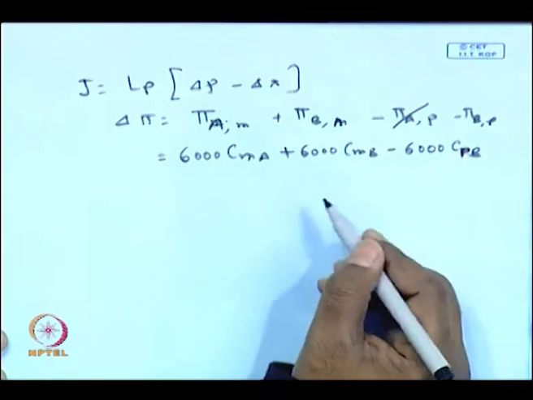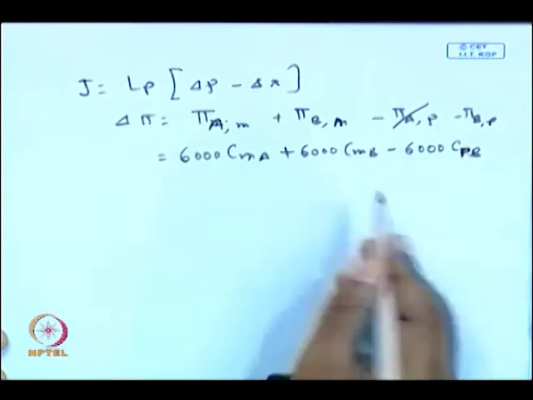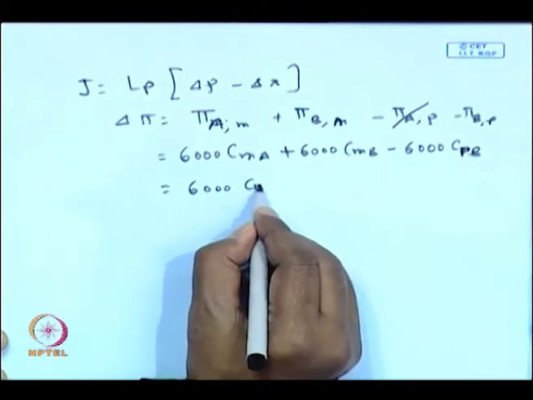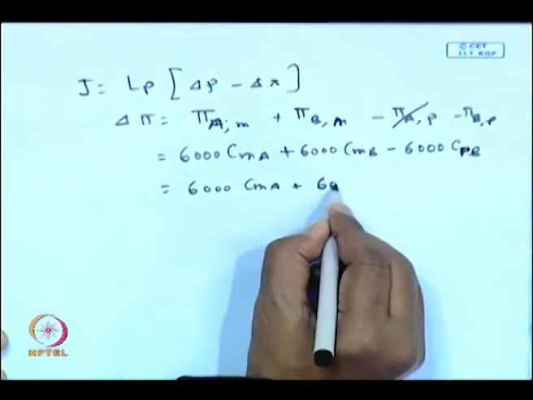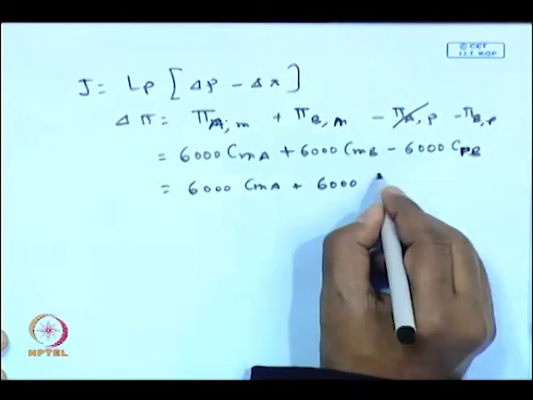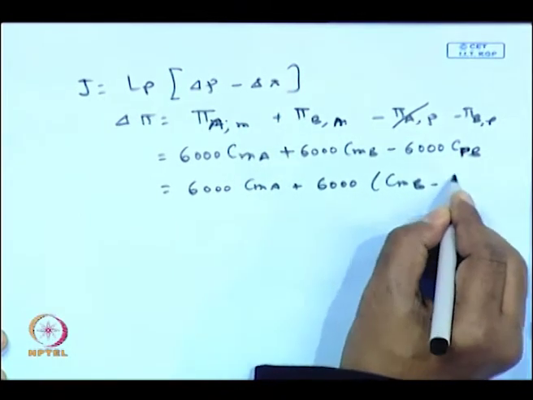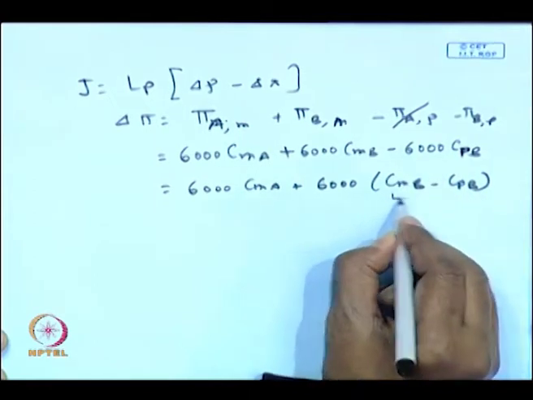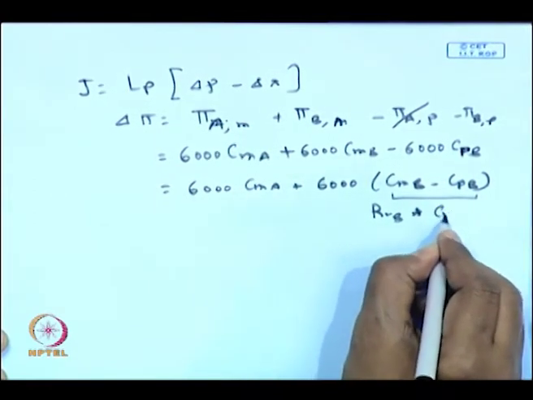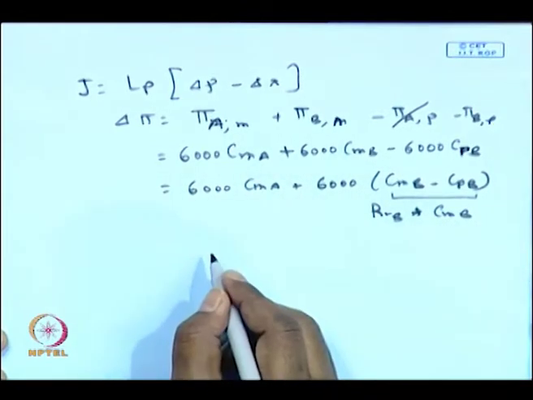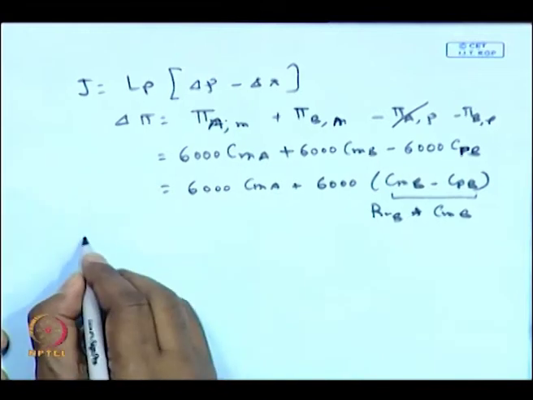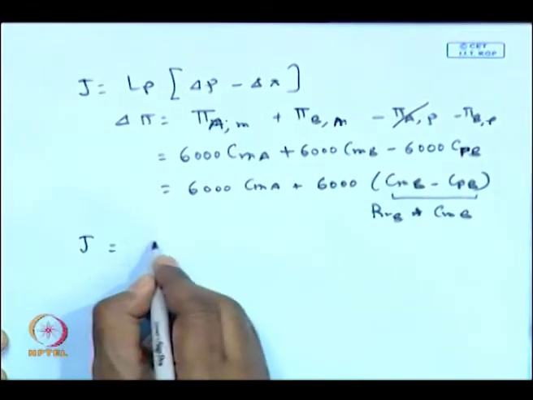This will be 0 because real retention is equal to 1. So, this becomes 6000 CMA plus 6000 times CMB minus CPB, and this will be nothing but real retention of B multiplied by CMB. So, it is 0.8 multiplied by CMB. So, you will be getting J is equal to